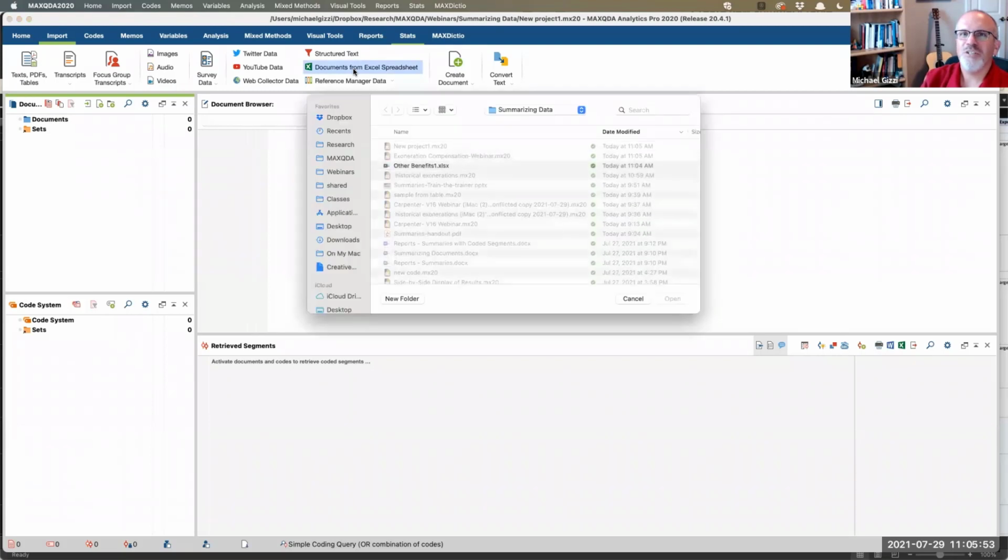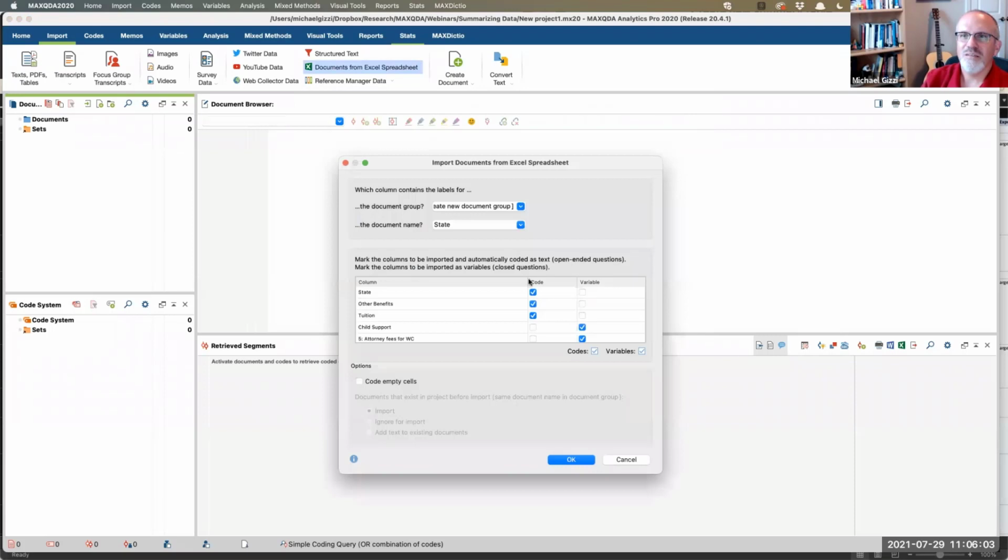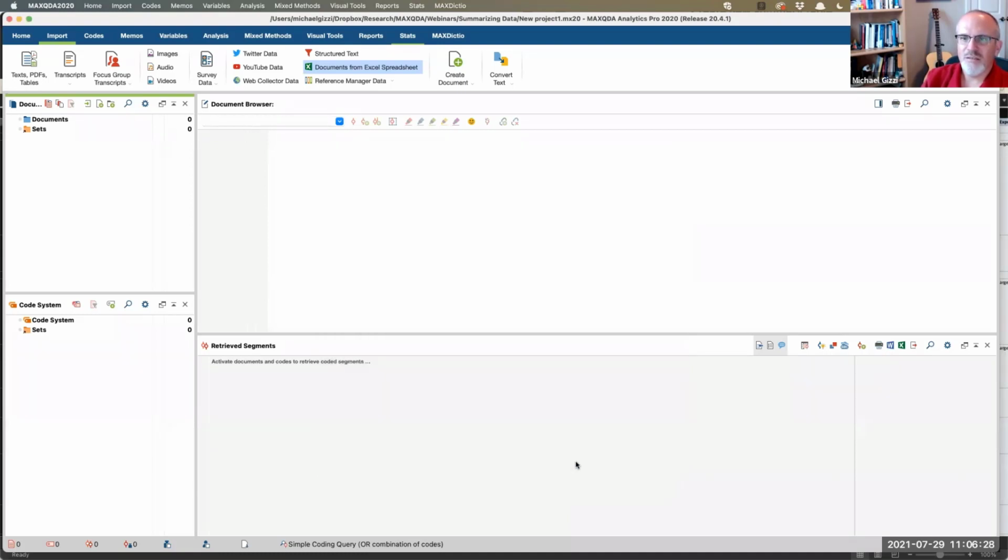Import documents from a spreadsheet. I'm going to take other benefits because I've already done that, cleaned it up. I'm going to actually have all of these as codes, and I don't really need to create variables, so I'll turn them off. I could create a new document group. That's fine. State. Click OK. I don't want to code empty cells. And now